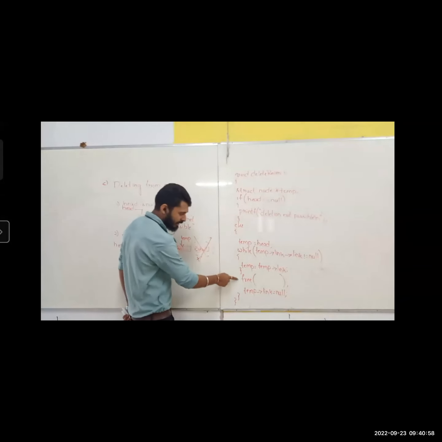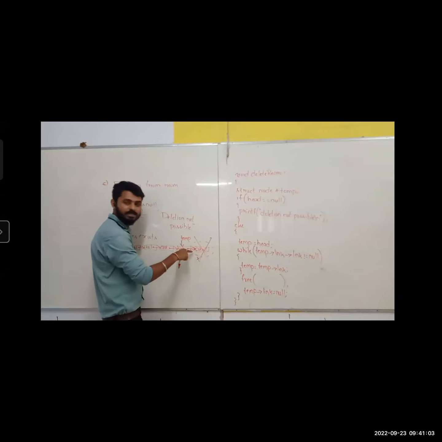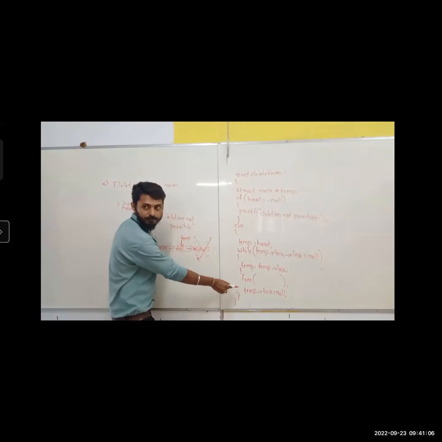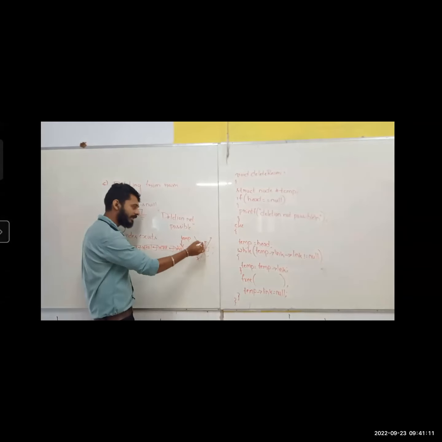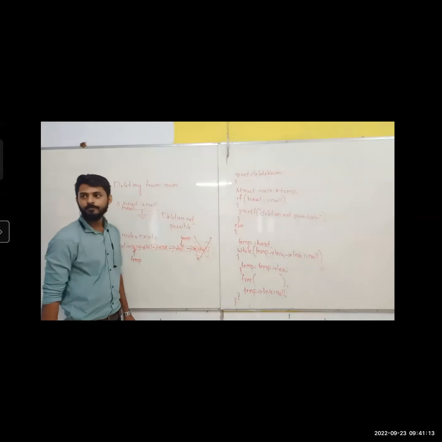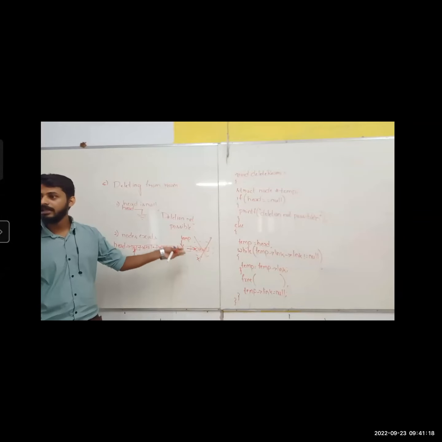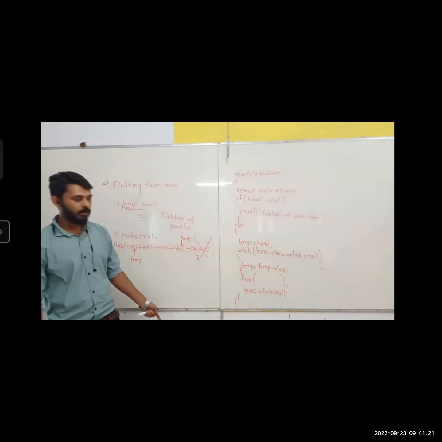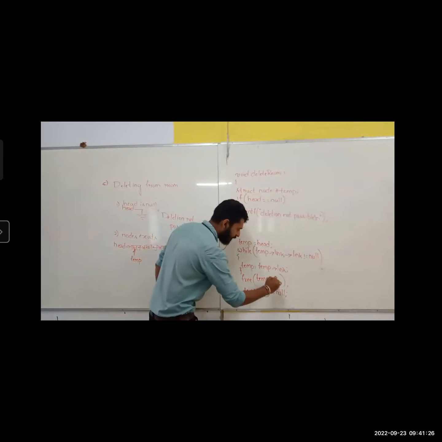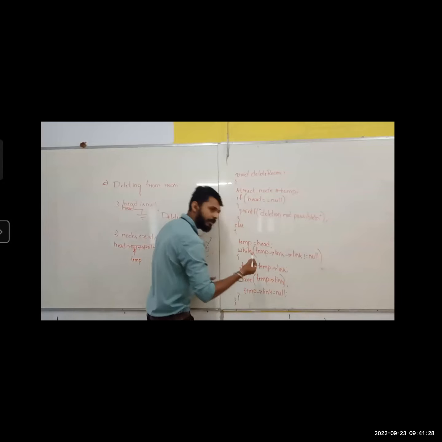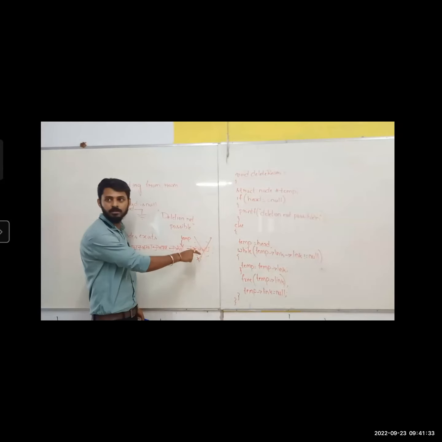Sir, why you are writing it here, sir? Why I am writing it here? Because temp's link was pointing, still this line is not executed, right? Temp's link is still pointing to here. Now if I want to say that delete this one, what I should say? Who is pointing to there? Check. Temp's link is pointing. Directly say wherever temp's link is pointing, free that memory. I told you I want to delete this one. Who is pointing to there?